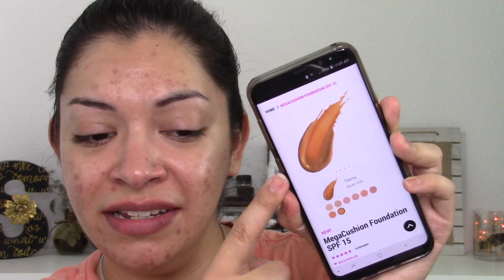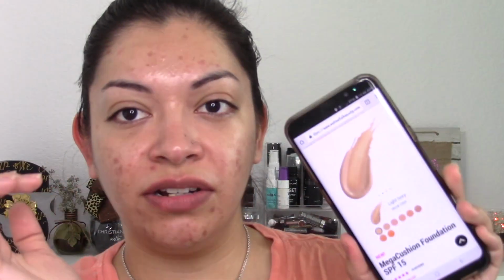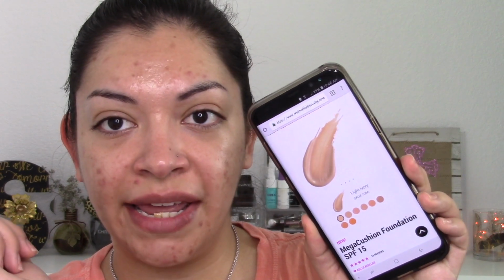I got the shade Nude Beige, which is light, medium, warm. Their shade range is not very huge to begin with. There are only 8. That one is Tawny, and I guess that one is the deepest shade they have in this range. This is their lightest shade, called Light Ivory. The range basically sucks. A lot of people are giving it raving reviews, but I'm assuming they might have dry